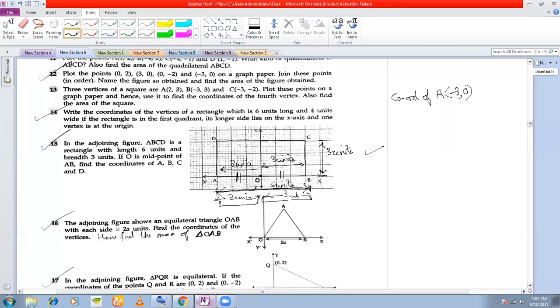Now we want to write down the coordinates of A. If you want to reach A from the origin, where is the origin? Origin is here, right? If you want to reach A from O, where do you have to move? You have to move towards the left, right? And left is what? Negative direction. How many? What is the distance you are moving towards the left? 3 units you are moving. That is why -3. And because A is on the X axis, its Y coordinate is 0. You understood? Yes, sir.